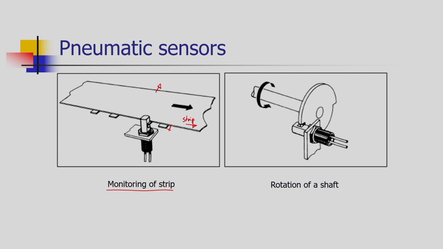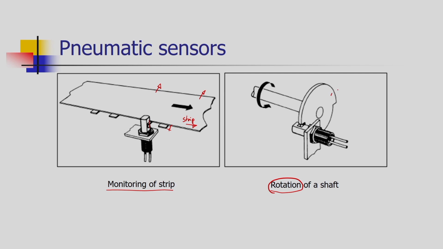So, to locate whether the strip is moving with proper orientation, with proper location, for that purpose we are using a pneumatic sensor. A compressed air is flowing over here. So, when the strip is moving in proximity with this sensor, there is an increase in the pressure and continuously we can monitor the increase in pressure. That means the strip is in proper orientation. When the strip is offset, there is a change in pressure and that change in pressure will lead to a certain signal.